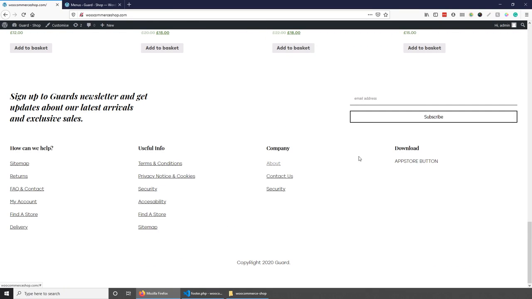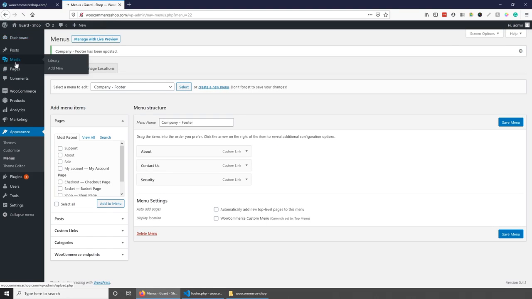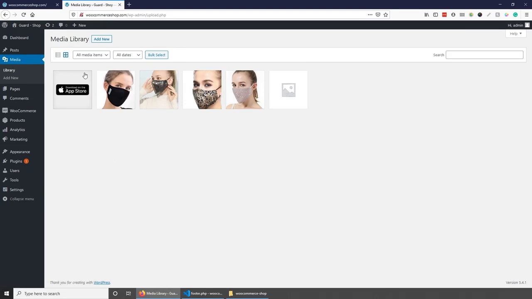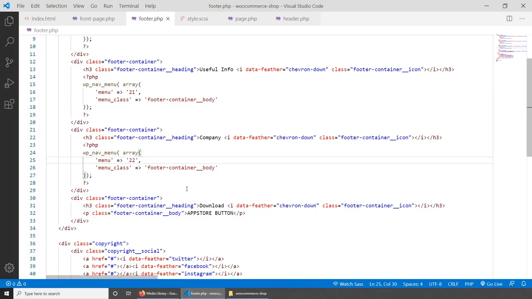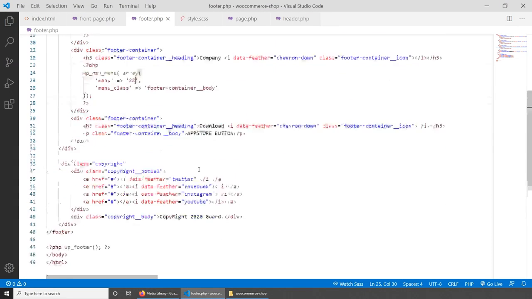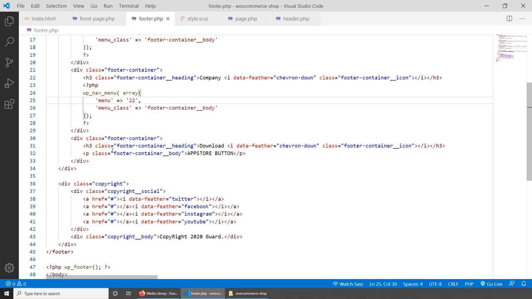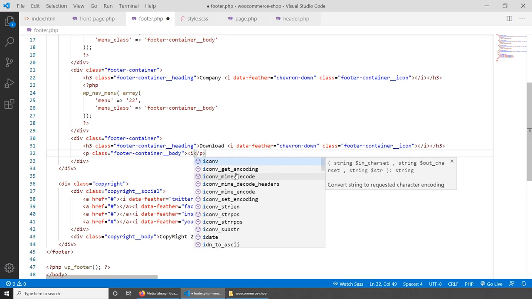Awesome. And the last one we can actually do manually. We just need to get the image, and we can go to the media in our dashboard and just insert the Apple image in here, then click on it and just copy the URL from wp-content and down, copy this. We're going to go back to the footer, scroll down, find where the download button is, and it's here. So we can just simply add it like img